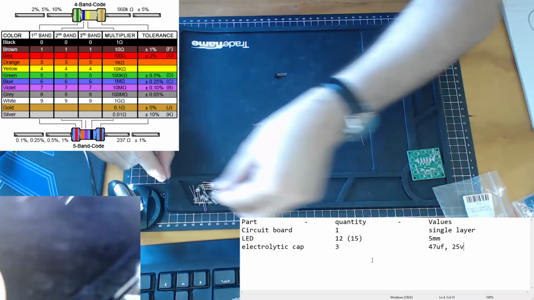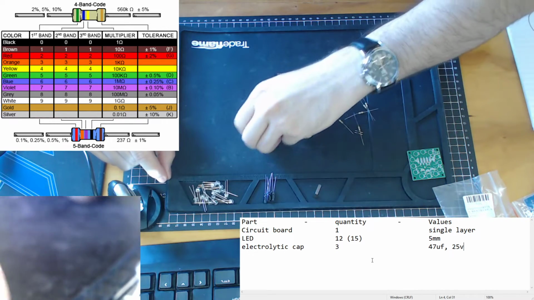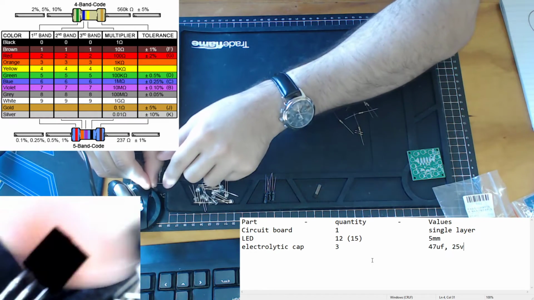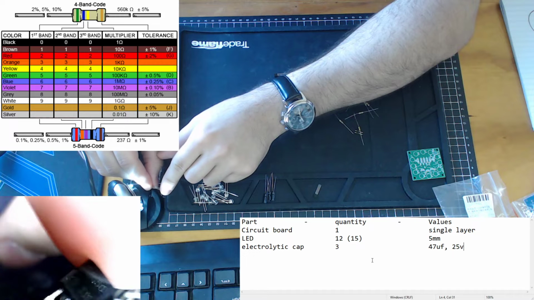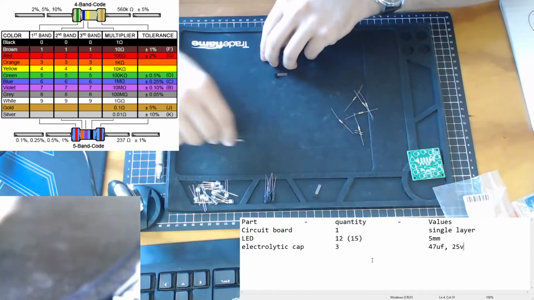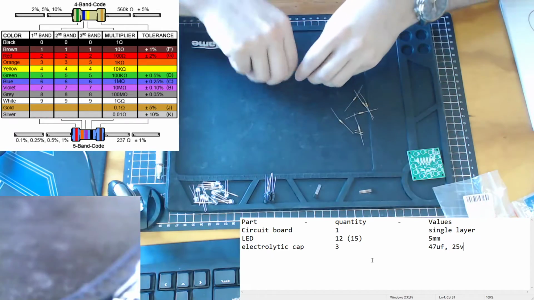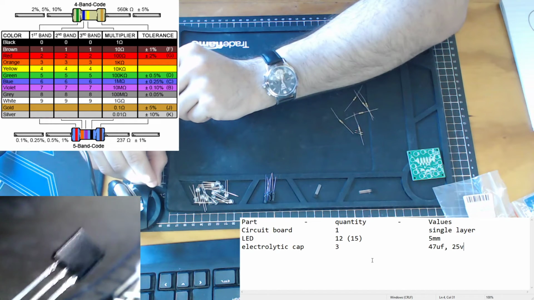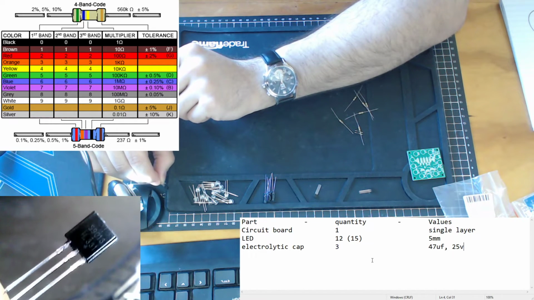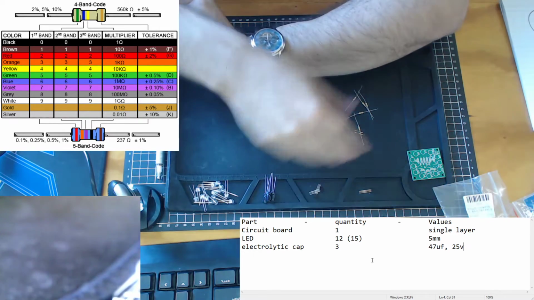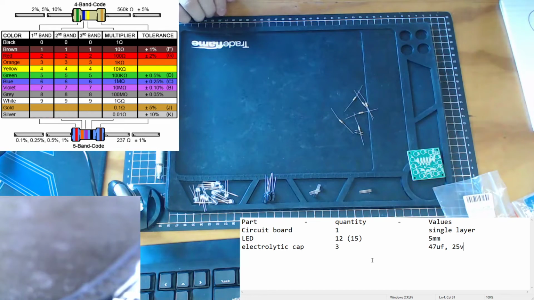So we see there we have S9013. I'll put this one over here. The next one we have is S8050. I'm going to put that one in a different spot over there. And we'll look at the last one. We have S9013. So we see here we don't have all three the same. We have one of the